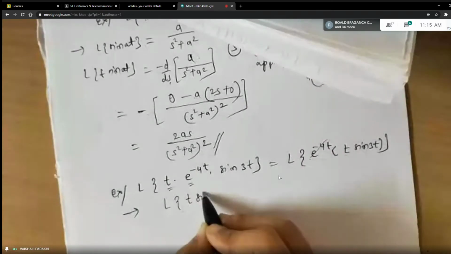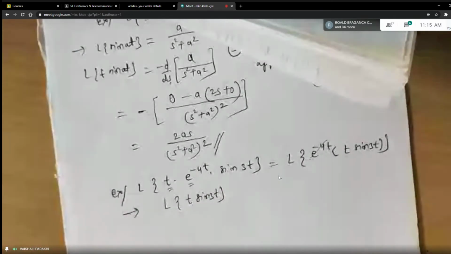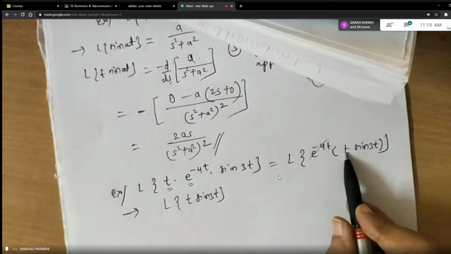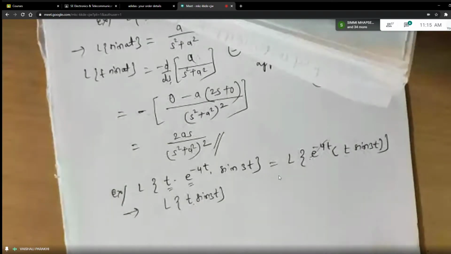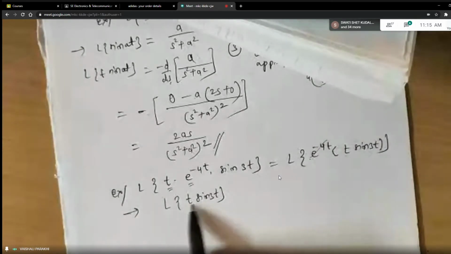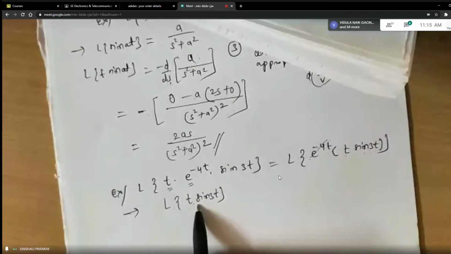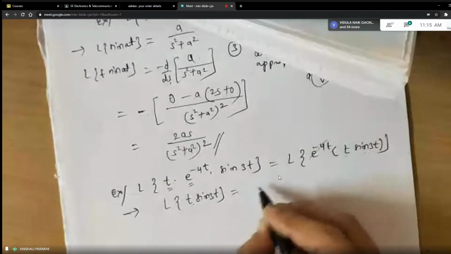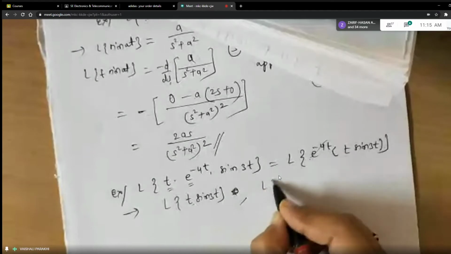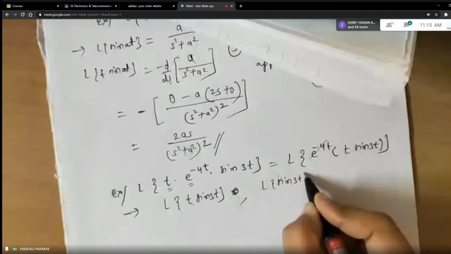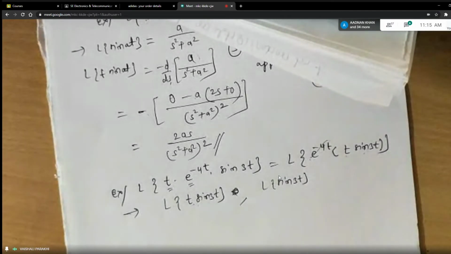only the other function. Now see, in the other function, you don't have a single function like previous problems. Along with sine 3t, you have t. Followed? Now you are not going to get the answer directly, but you have to use the formula by multiplication by t, which we have done just now. And what does the formula say? You have to ignore t, get Laplace of the other function. See, formula within formula now. So you have to be very careful.